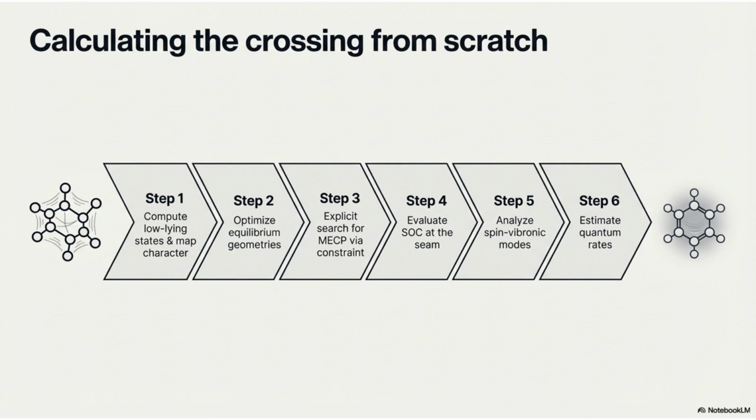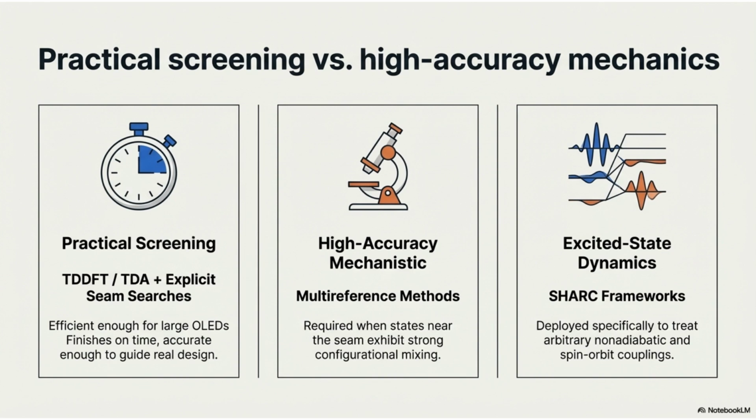Calculating the crossing involves a 6-step process. First, compute low-lying states. Second, optimize equilibrium geometries. Third, search for the MECP. Fourth, evaluate spin-orbit coupling at the seam. Fifth, analyze spin-vibronic modes. Finally, estimate quantum rates. Computational methods range from practical screening using TDDFT for large OLEDs, to high-accuracy mechanistic studies with